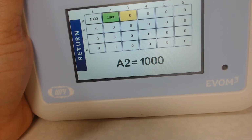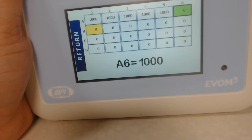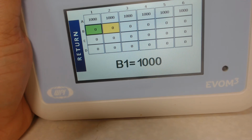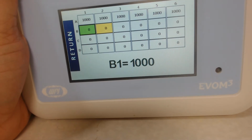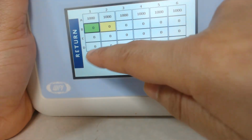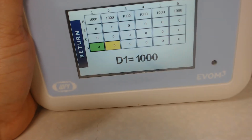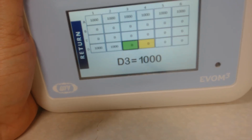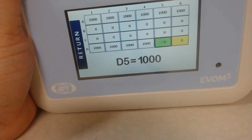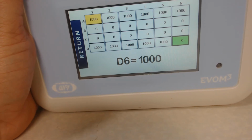I read the first one, second one, third one. I'm reading all of those, and I read till the sixth one. Suppose I don't have any samples in between and I just want to start reading again at D1. I click on D1 and then start hitting the foot switch, and the green one is the one that is reading live. Once I hit the foot pedal again,